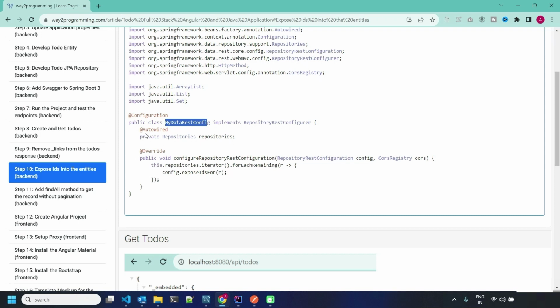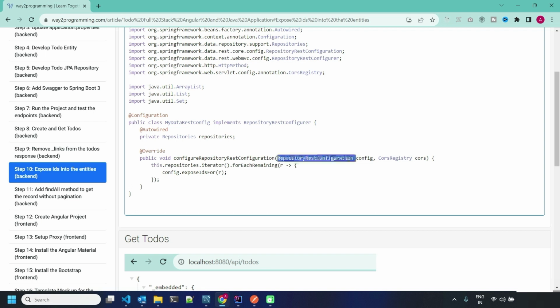And here we have to autowire the repositories, which means we get all the repositories, but currently we have only todo repository. Here we can apply the iterator, and forEachRemaining will give the repository instance here. Once we get the instance, we have to take this